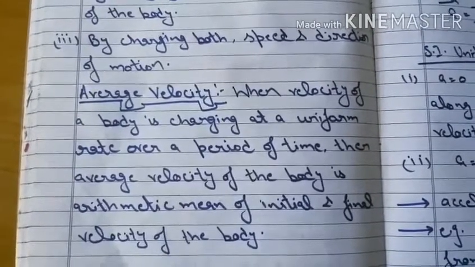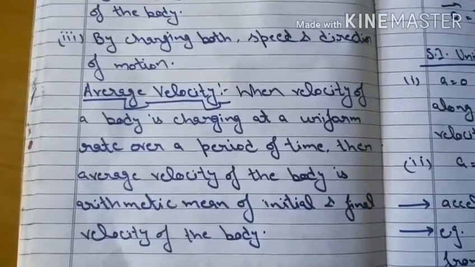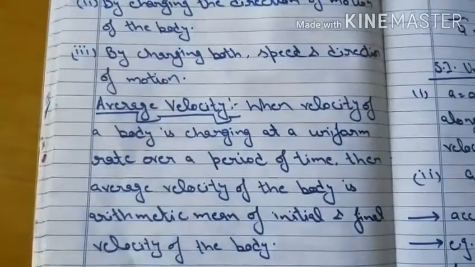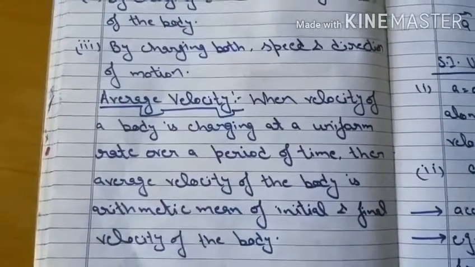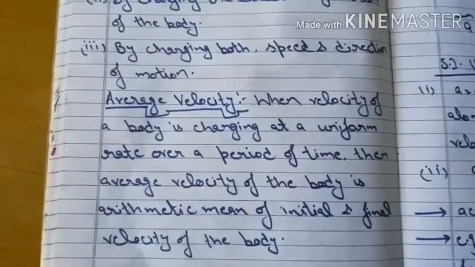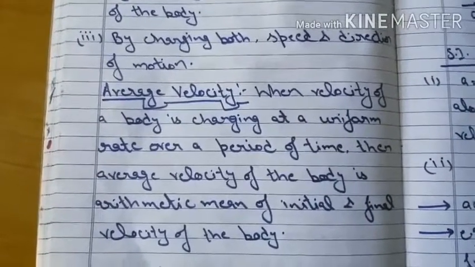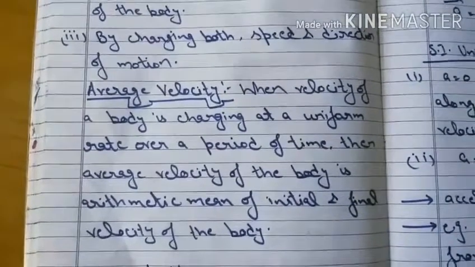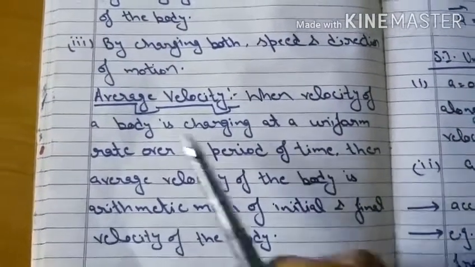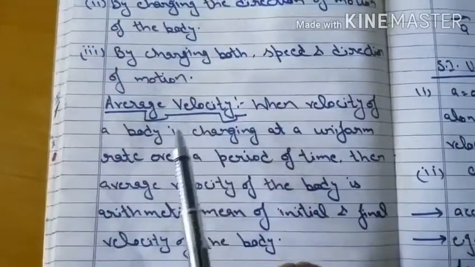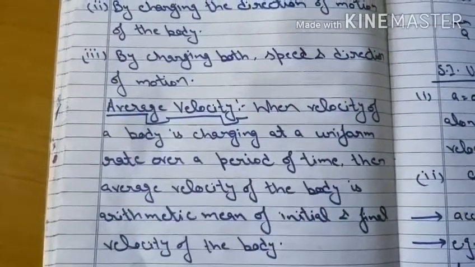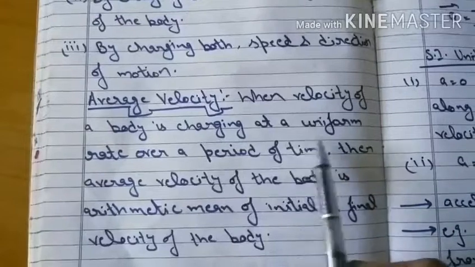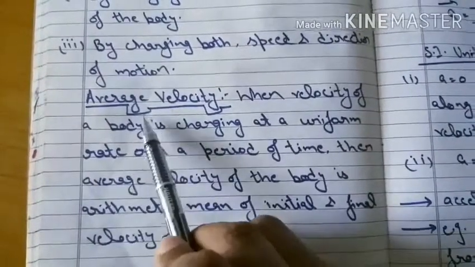So when a body is continuously changing its velocity, in that case we study the term average velocity. For example, in practical situations when we are traveling by bus or car, the velocity of the bus or car is continuously changing because the bus and car have to apply brakes and to take turns. So in those practical situations, we study the term average velocity, which is nothing but the mean of the instantaneous velocities. And when velocity of a body is changing at a uniform rate, then the average velocity will be